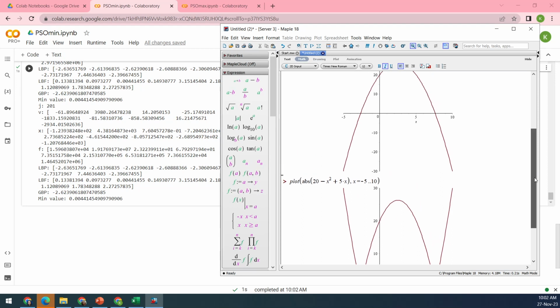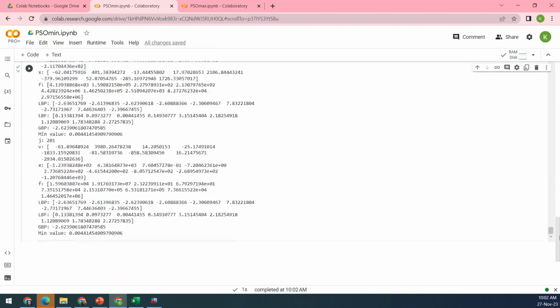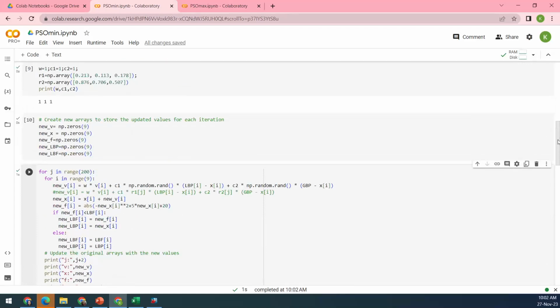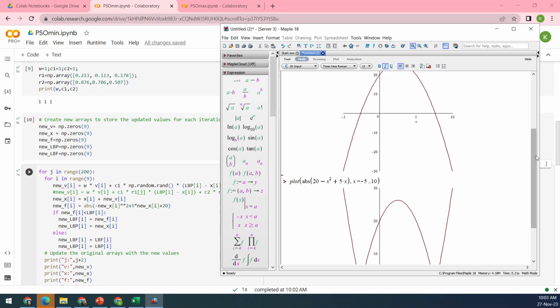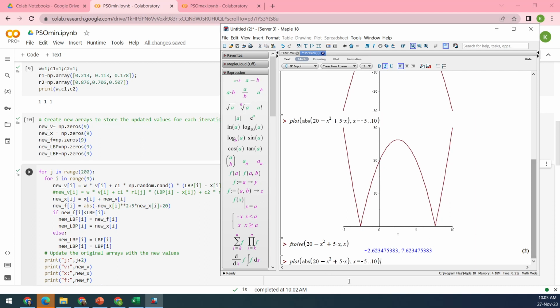Okay, and then with the same coding, if you have a function that contains only a minimum value,